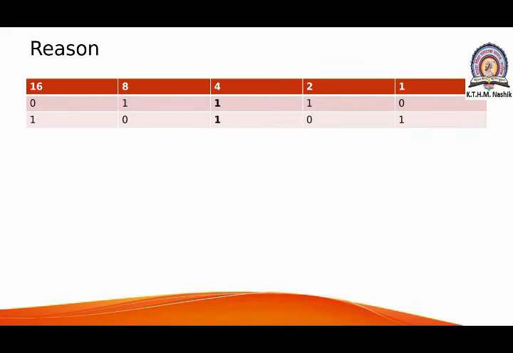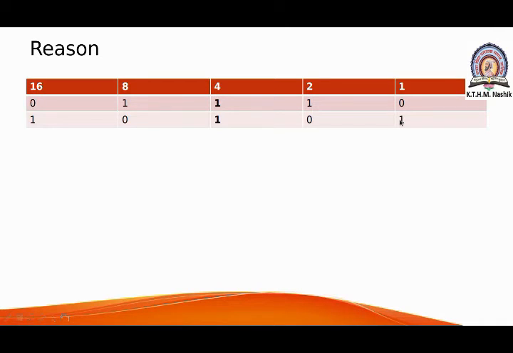So here 8 has 1, that's why we take 8, then again 1 in 4, that's why we take 4, and in 2 also 1, that's why here 8 plus 4 is 12, and plus 2 means 14. And here the next value is 21, and for 21, in 16 it will be 1, because we have to calculate 21. Then in 8, 0, then 4, 1, then in 2, 0, then in 1, 1. So here 16 plus 4 is 20, and here 1, that is 21.